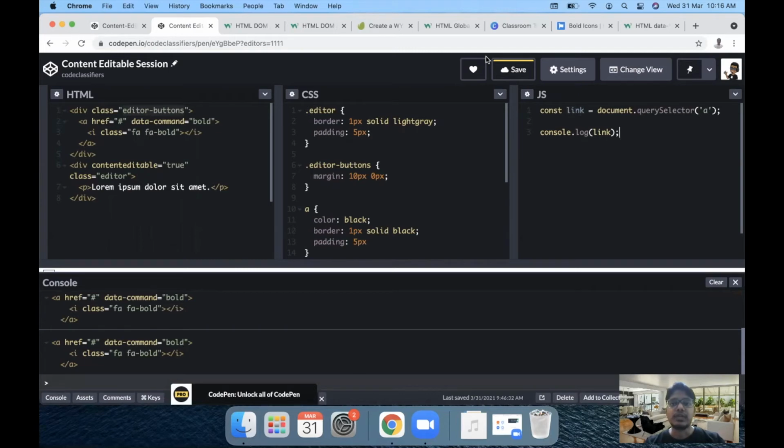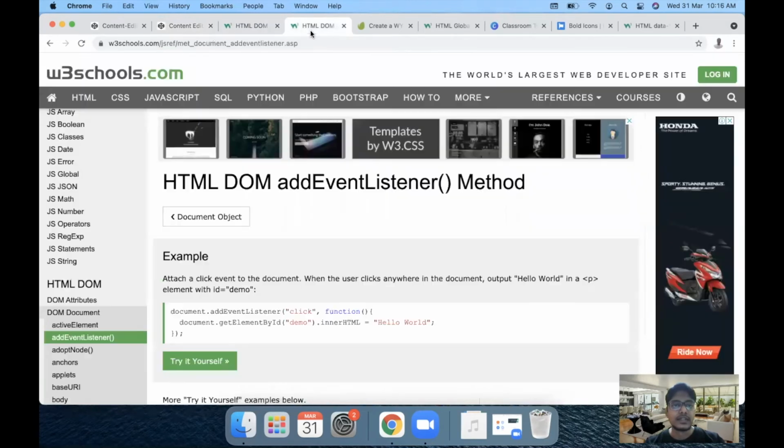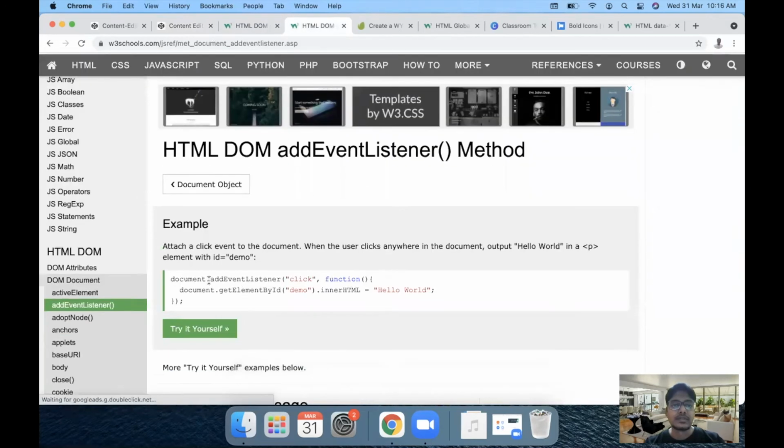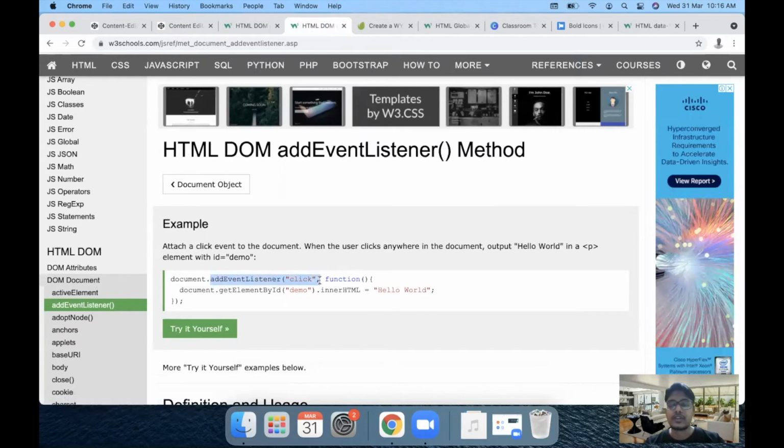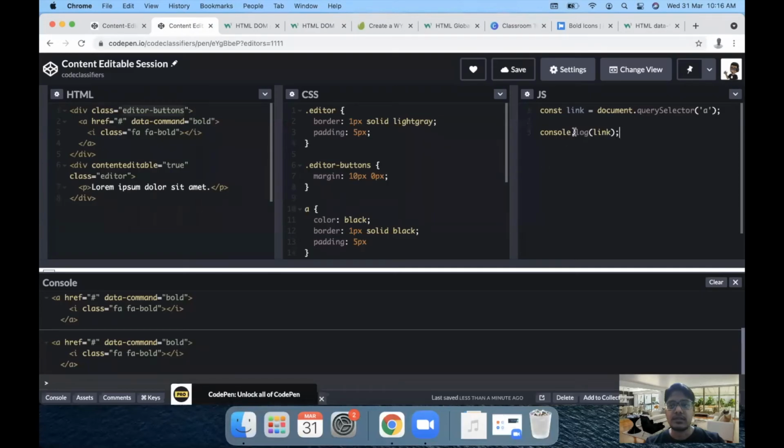Now what we need to do next is we need to add a click listener. So let's just add a click listener here like this. When we add a listener for click, we can execute some command on click of that element. So we are going to add a click listener for our link, which is link.addEventListener.